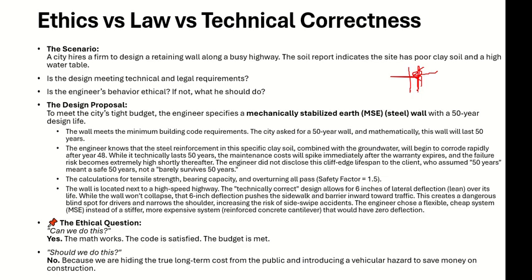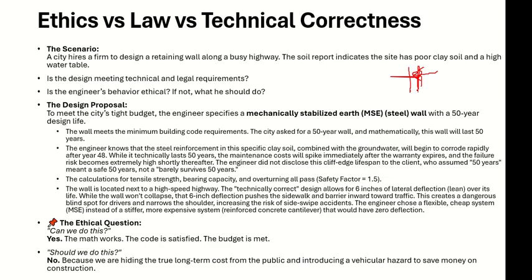so the engineer prepares, or the design firm prepares a design proposal. Okay, and the proposal must meet the budget of the government. Okay, the government has already established a budget for this project, and the budget is very tight. It is a small budget. Okay, engineer is